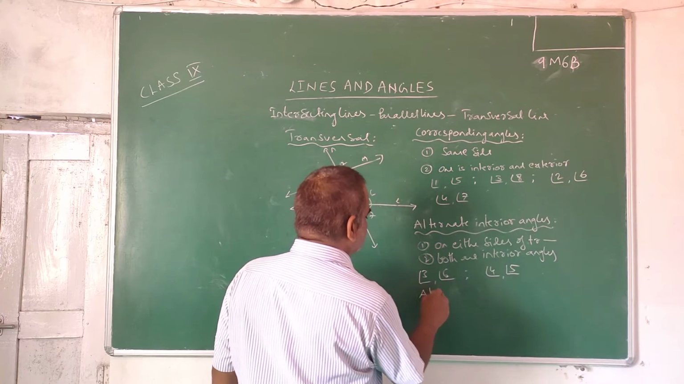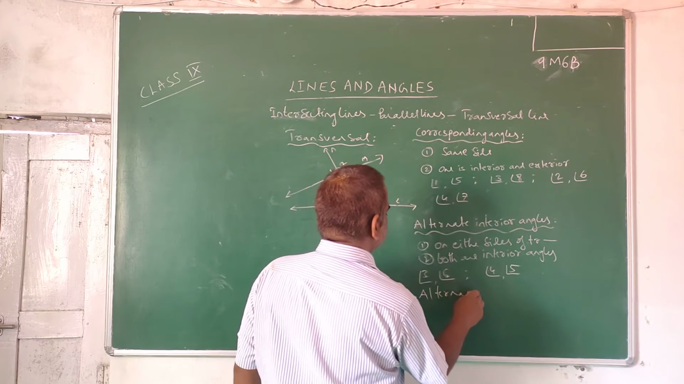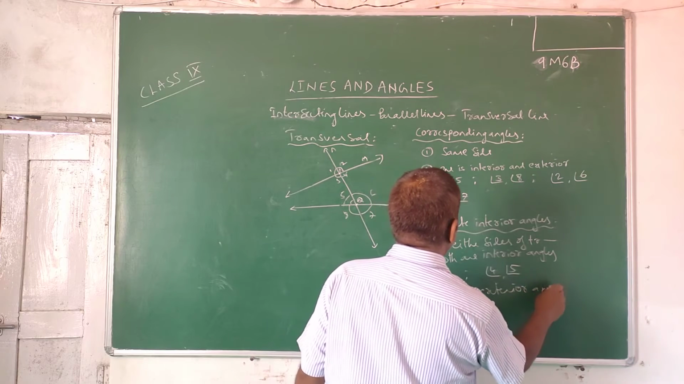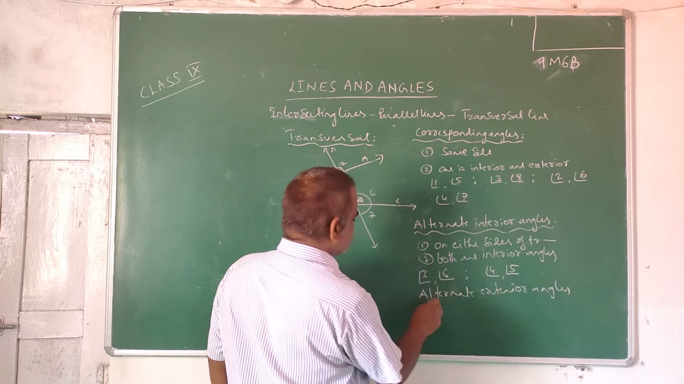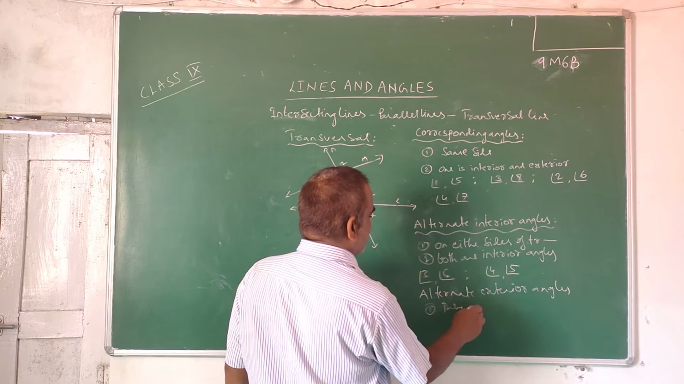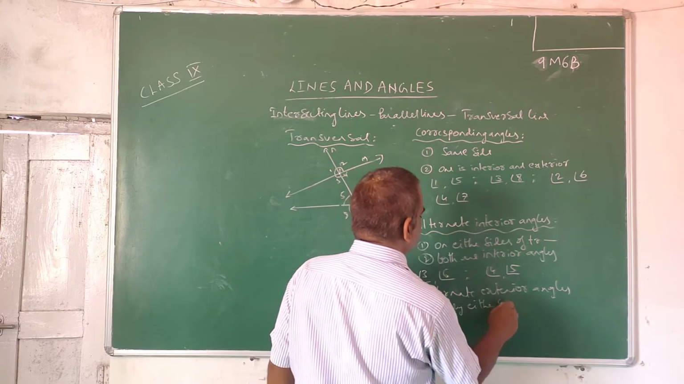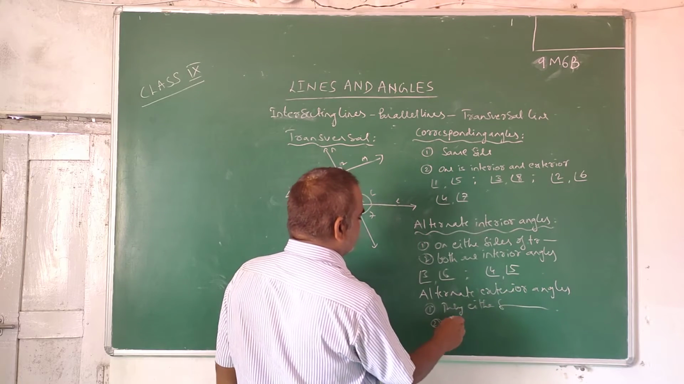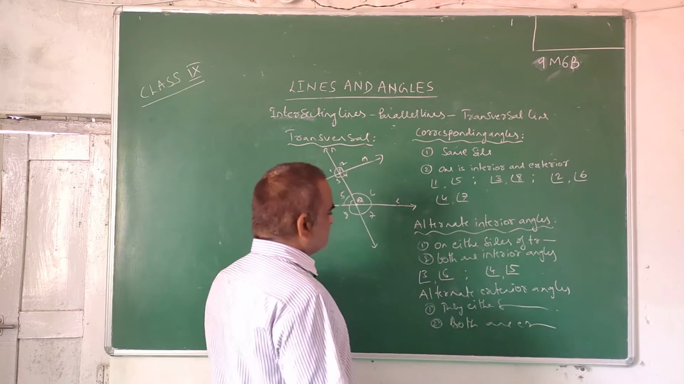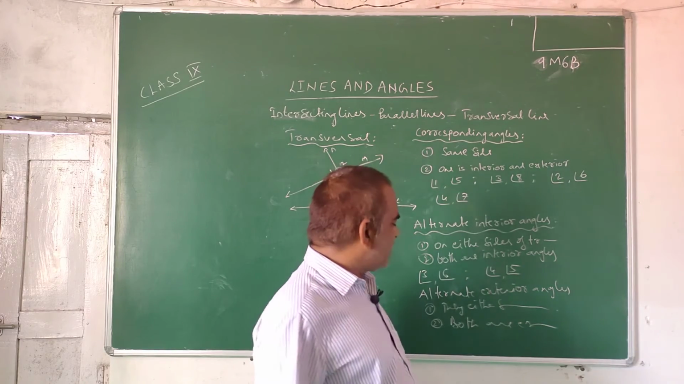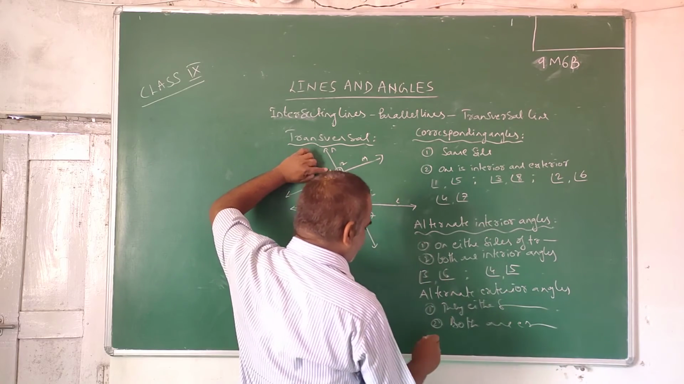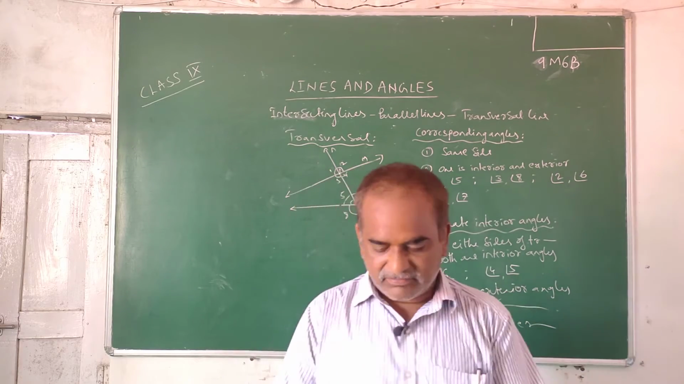Next, alternate exterior angles. Alternate exterior angles means they should be on either sides of transversal, both are exterior angles. So they should be on either sides of transversal and both are exterior angles. So suppose if you see angle 1, angle 7 forms a pair of